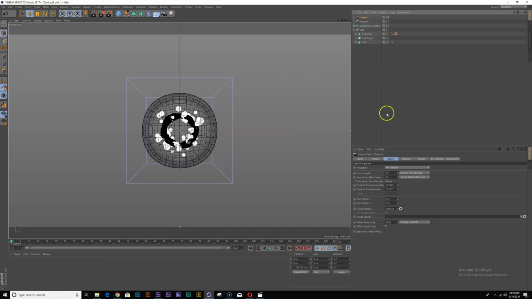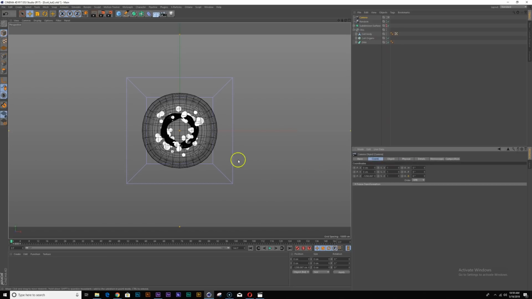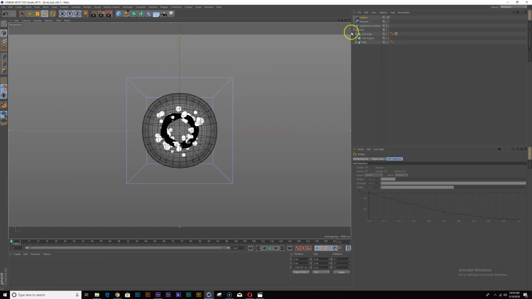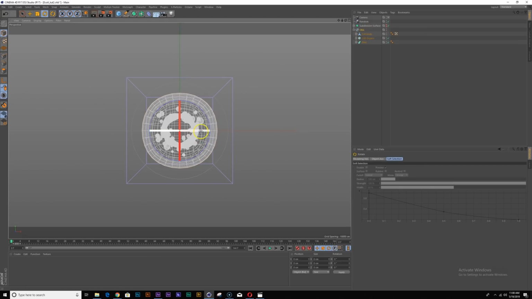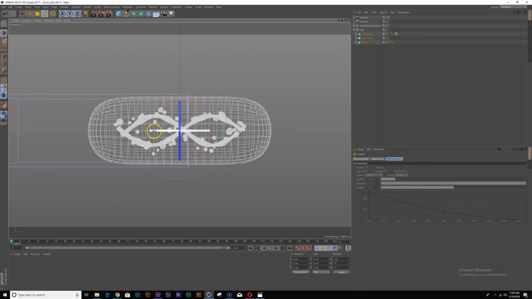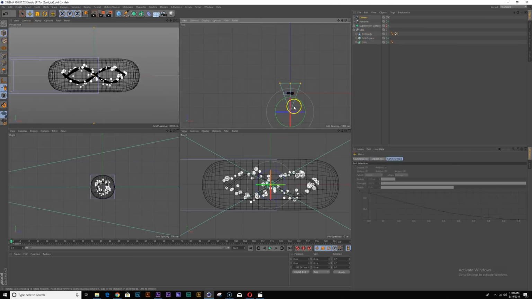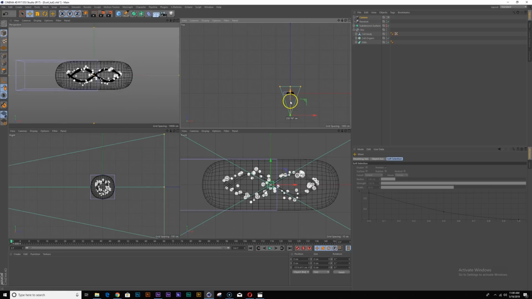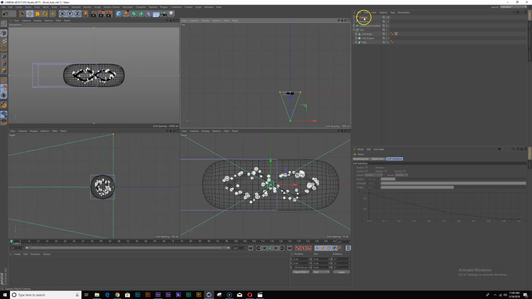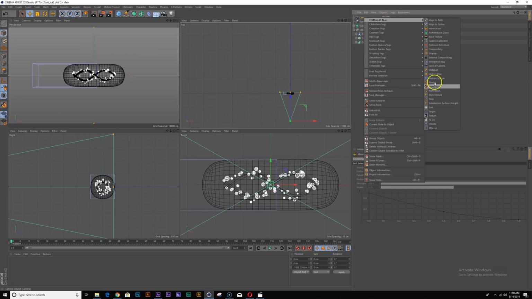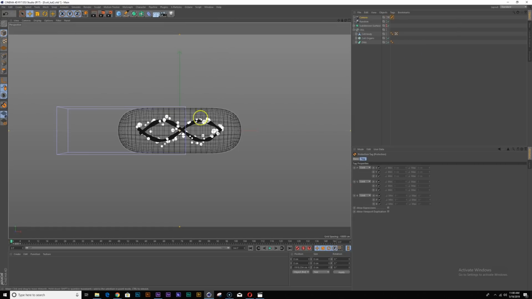First of all, I'm going to rotate my cell this way, and I am going to lock my camera by adding a protection tag to the camera so that I don't accidentally move it.